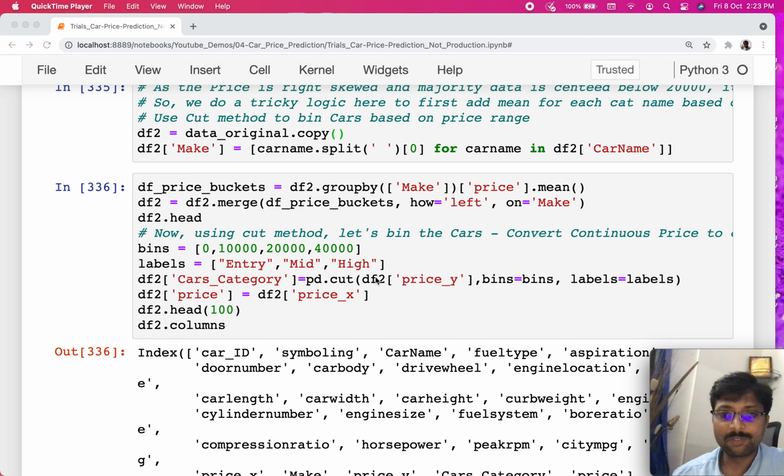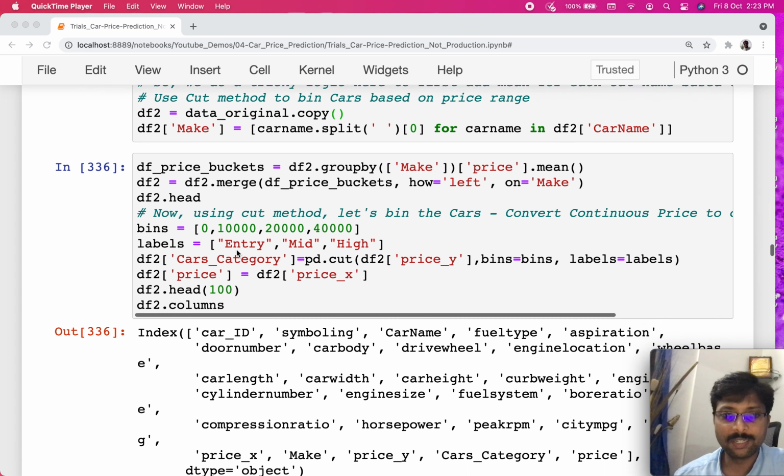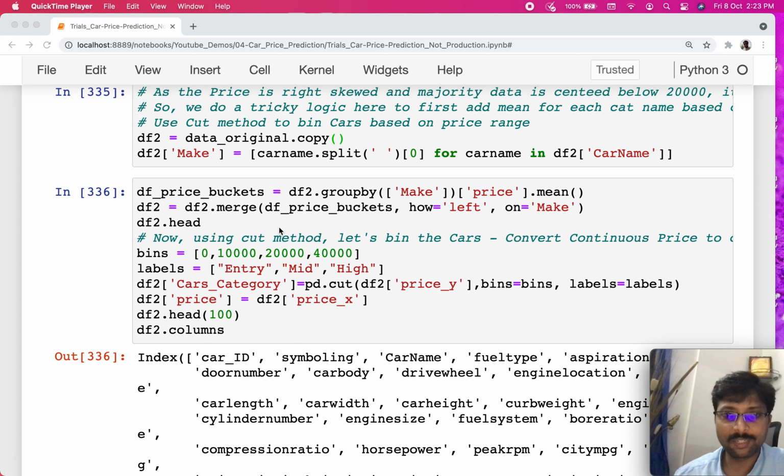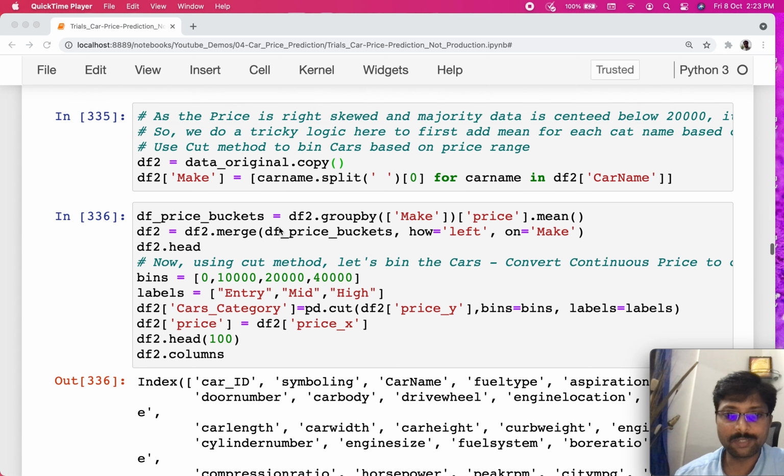So we will remove both the columns and then label them appropriately as price as the column name. That's what we are doing here, right? So at the end of this exercise, we will have these prices binned according to those labels, as well as we have introduced this make field.